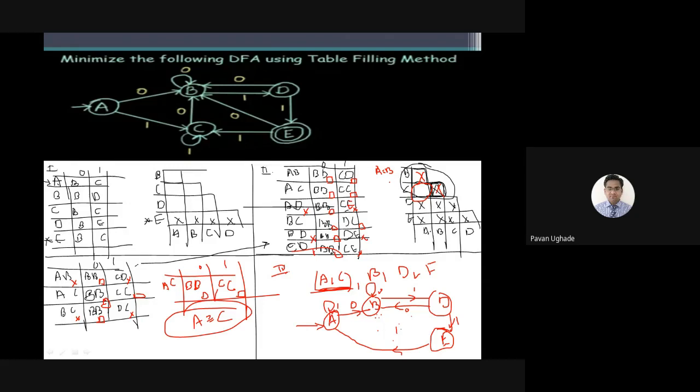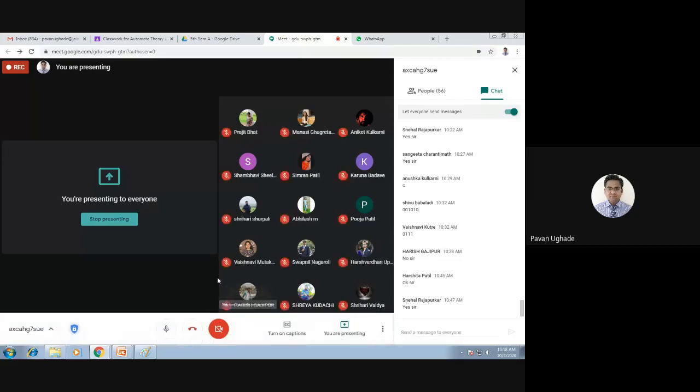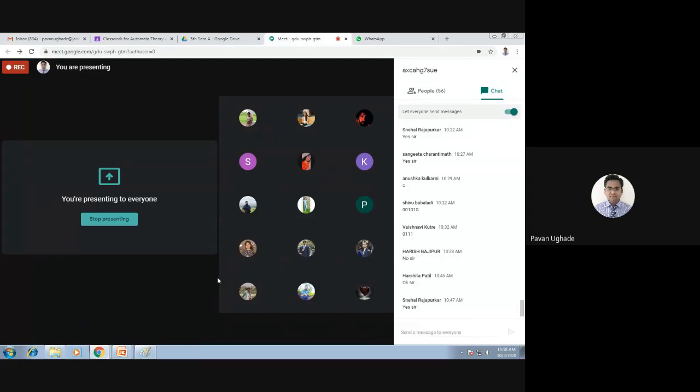How many of you have got the answers like this, guys? Where you have successfully minimized the state by 1. Okay, so instead of having 5 states, you will be able to do the same thing with 4 states. Yeah. So I got one more answer. I hope that particular student has done it. Yeah, and what is the answer? Yeah, very good. A, C, B, D, and E. Yes, you can check after this, guys.